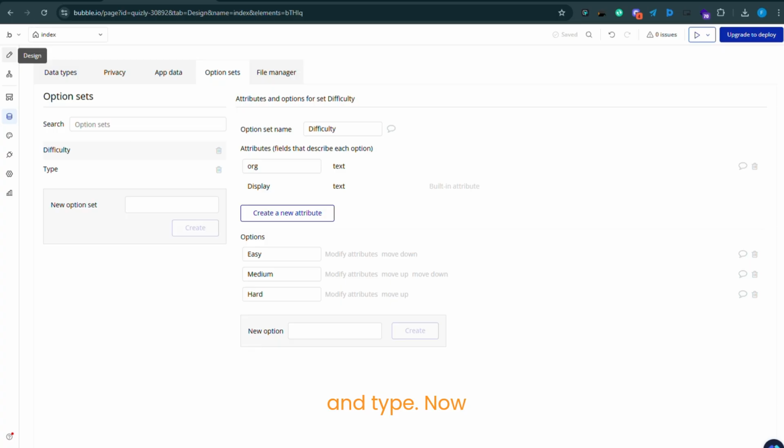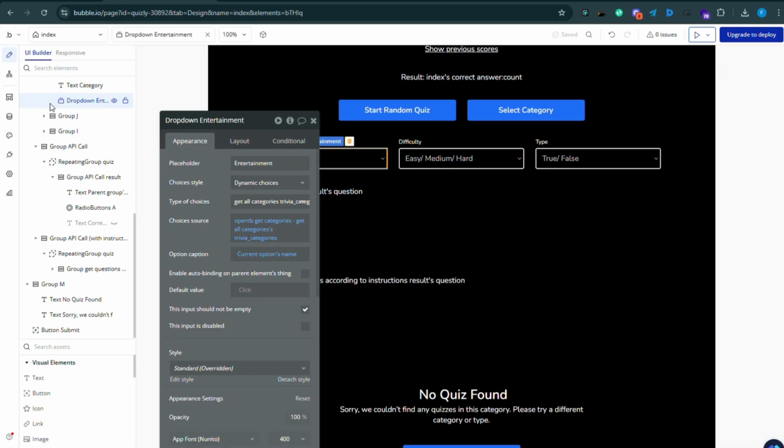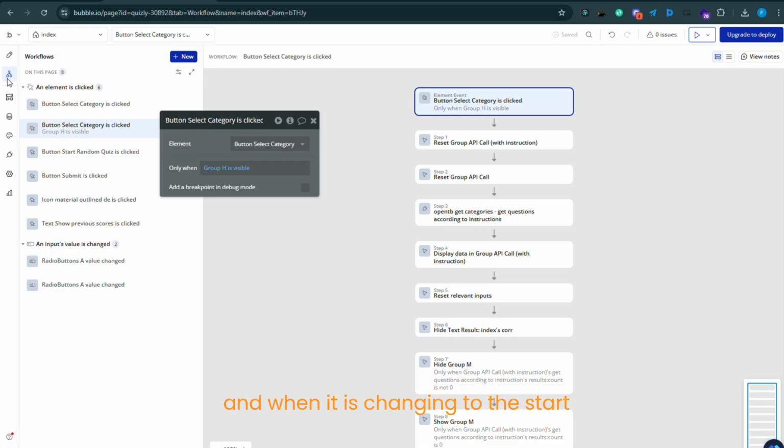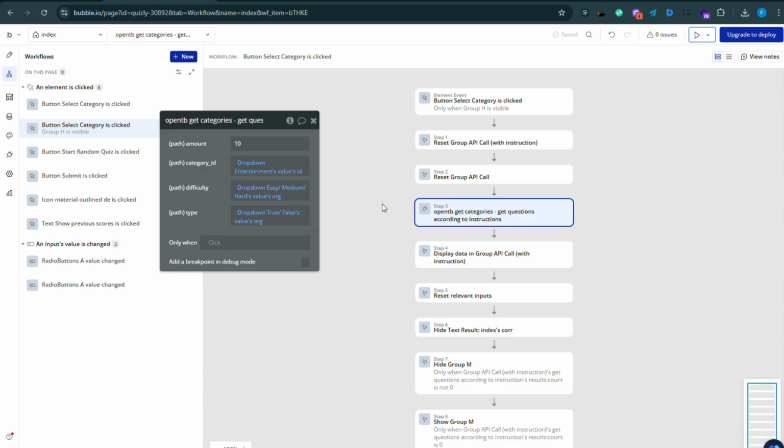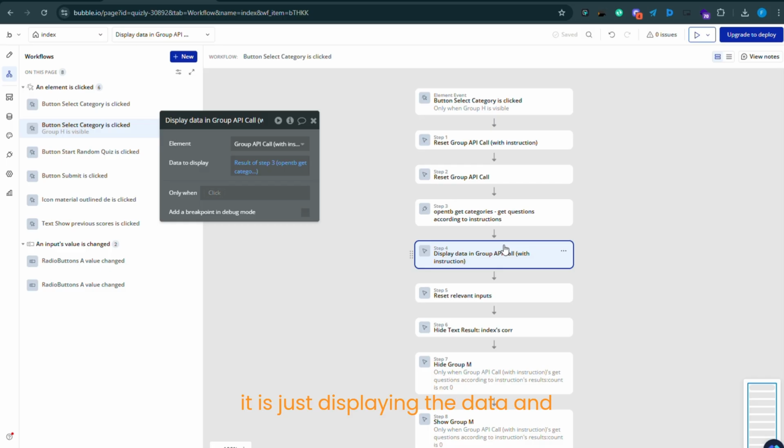After selecting the category, this button changes to start quiz, and when it changes to start quiz, first it is resetting them, then it is generating the quiz according to the user provided instructions. As you can see, I have made this static 10. You can give an input field and then handle it dynamically. In the next step, it is just displaying the data and resetting all the relevant input fields, hiding all of them,